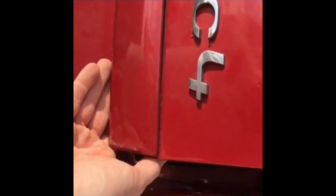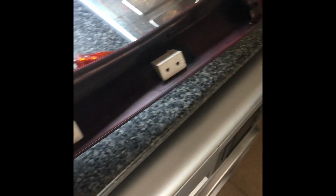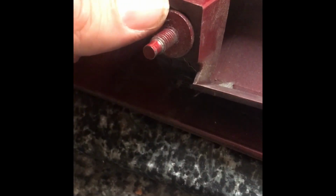And then there are two popper screws on each end of the trim. This is what it looks like when it's off. The white bits that you see there are bits I've actually glued onto it, because the original bits like that, you see, they had crumbled and come off due to all the slamming and not being very well built in the first place. They're basically just bits of moulded plastic there. You can see there's one that's still intact, but if it's got movement like that, then it's about to break, so it needs fixing. What I did actually was super glued it all in,